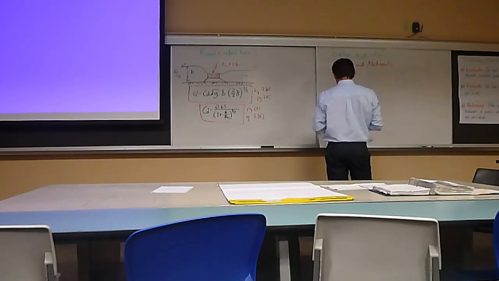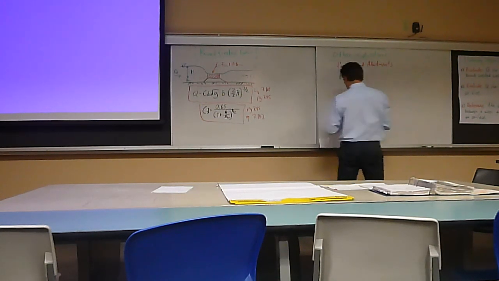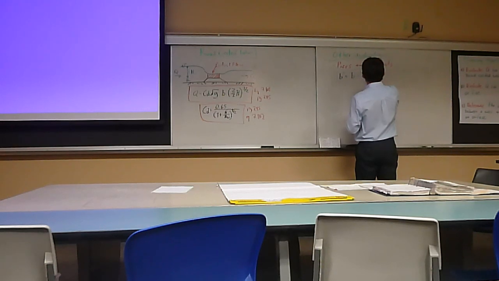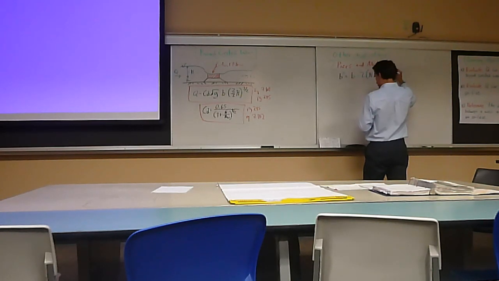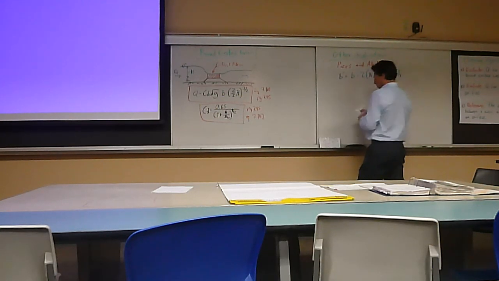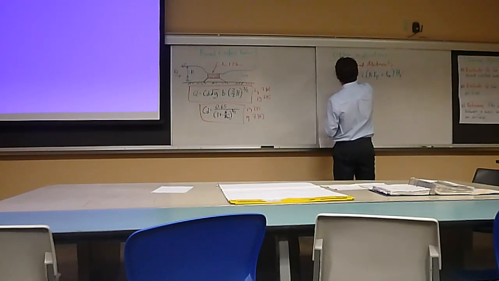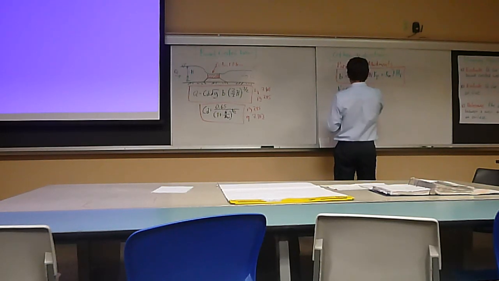And this is going to be very similar to what we do for sharp-crested weirs, and the equation is B prime that you plug in is going to be B minus 2 times N Kp plus Ka times the total head, and I'm going to define all those pieces here pretty quickly. Where B prime is your effective